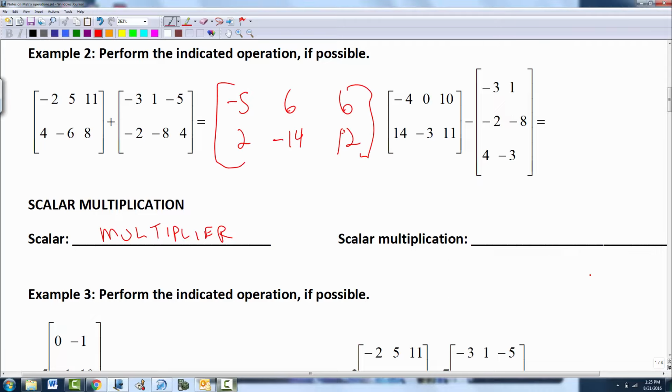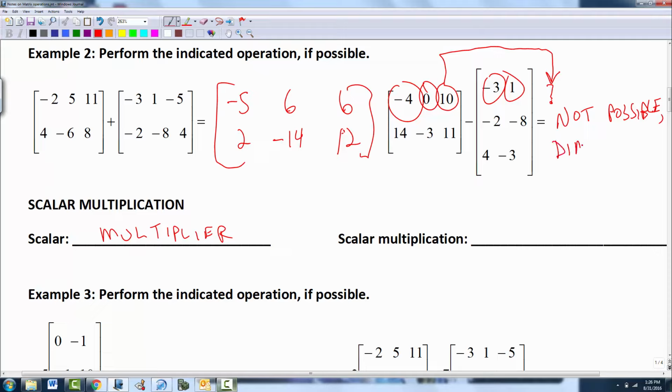Okay, so I'm sure you can add numbers. All right, the next one. Who's negative 4 add to? Who's 0 add to? Who does 10 add to? Nobody. See, this is in row 1, column 3. There is no row 1, column 3 number. So this is called not possible. I don't think you really should say no solution. This is not possible. The reason is what's called a dimension